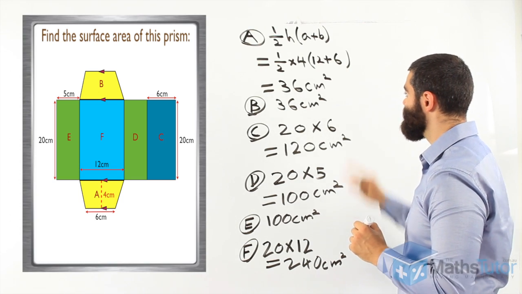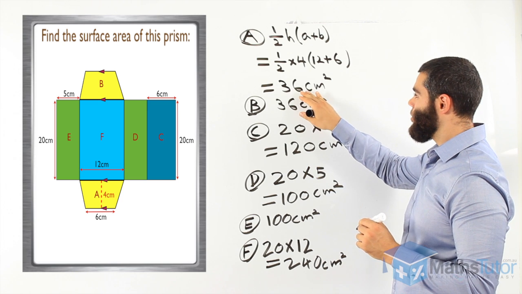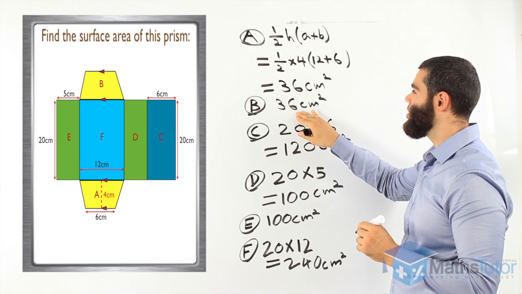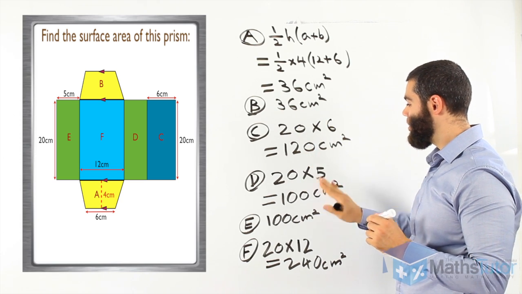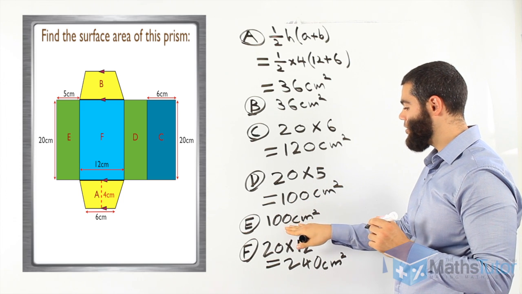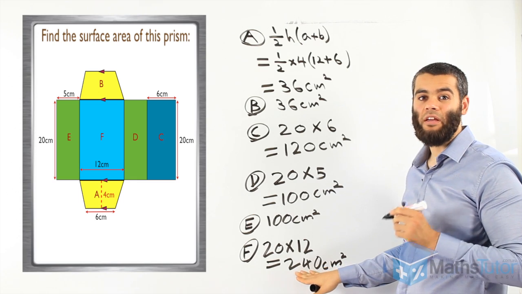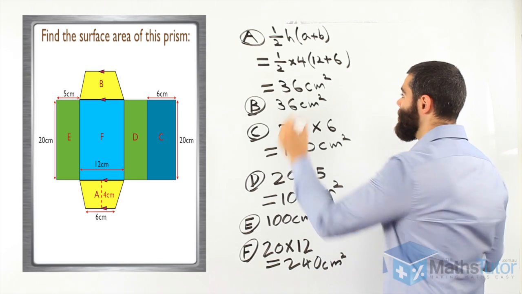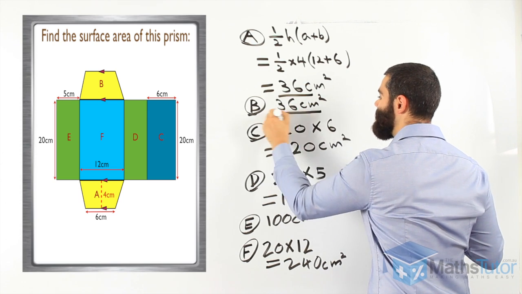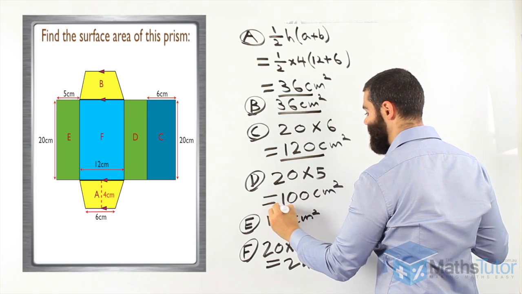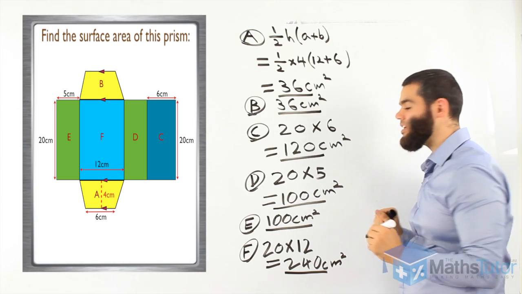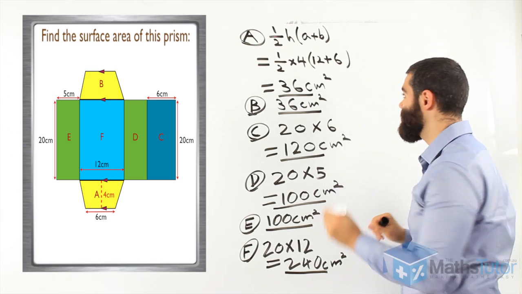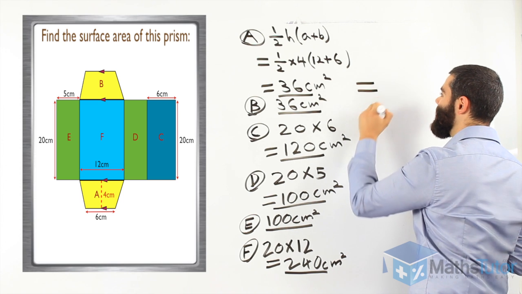Let's add each one. In your calculator, 36 for face A plus 36 for face B plus 120 plus 100 plus another 100 plus 240. So altogether we're adding face A, face B, face C, face D, face E, and face F. Add them all up, grab your calculator, put them all on, and you should get